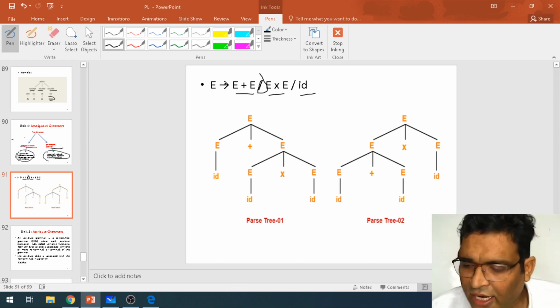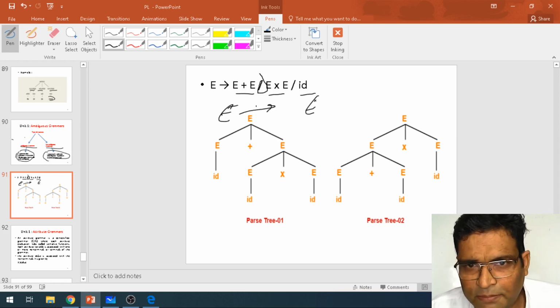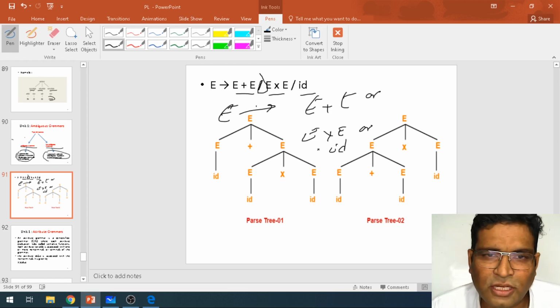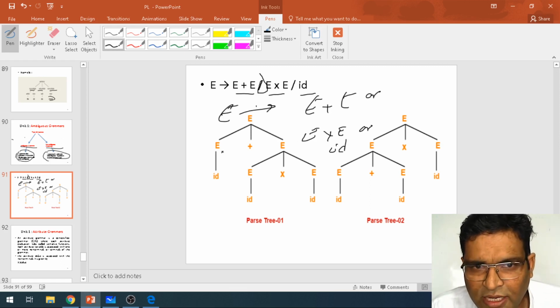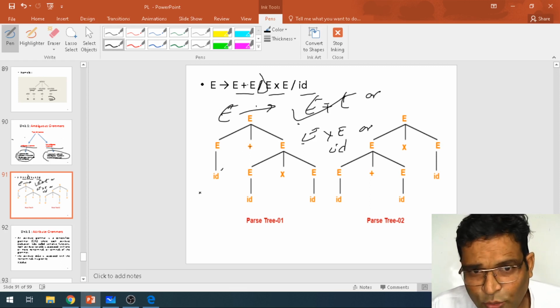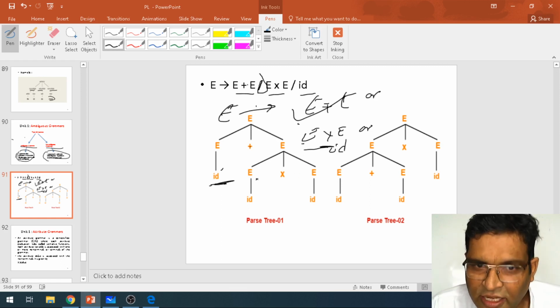So let's take an example. I have got E is equal to E plus E. Then E is equal to ID also. Then E is equal to E star E, and E is equal to ID. That is one parsing tree.